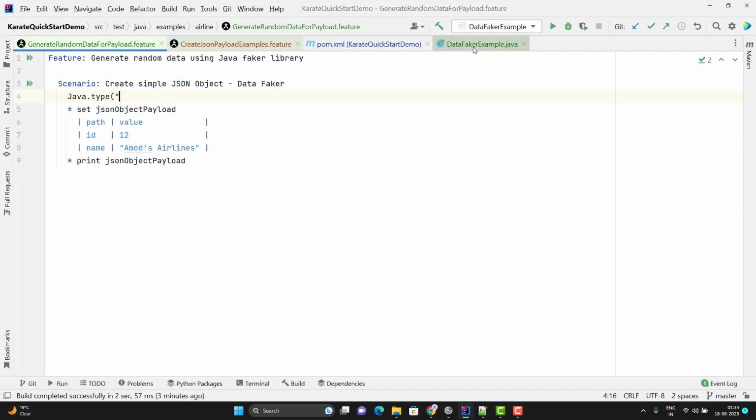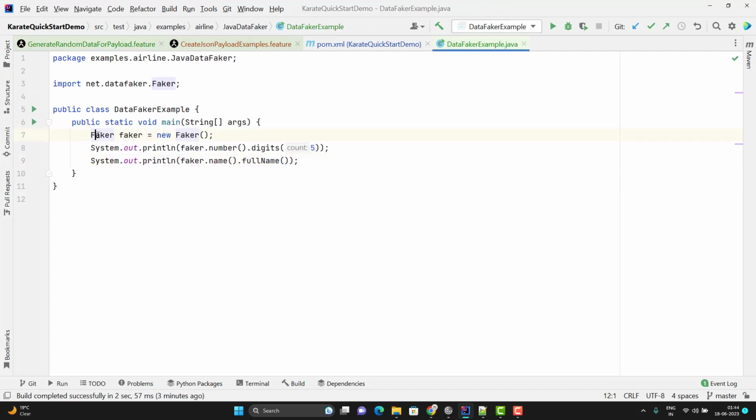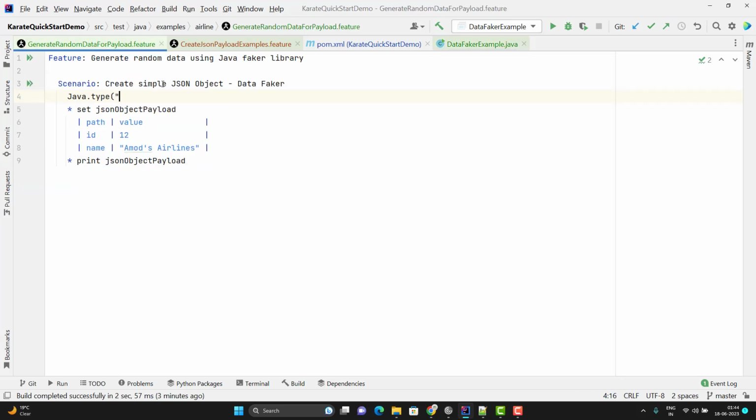If I go to example class, here faker is coming from net.datafaker.Faker. So I need to copy this entire path and I need to pass inside type in double quotes. This is like we're importing the Java class in my karate feature file, and I need to store it into a variable. So I can use def DataFaker.